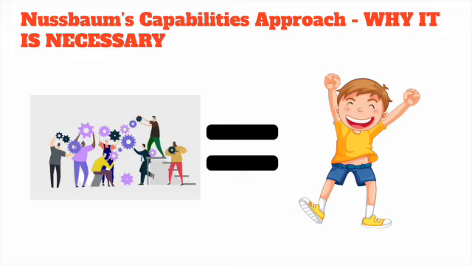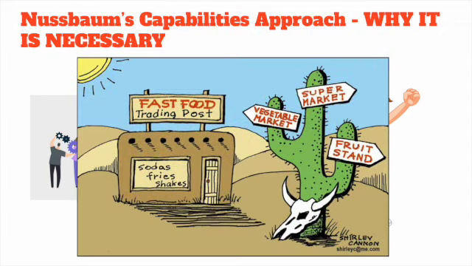Her approach is based on the idea of functionings, which is beings and doings, aka what you're able to be, what you're able to do, what are you capable of, which translates into capabilities. These are the possible combinations of being and doings. To put this into context, for example, you might have the functioning of money because you work a job and you have purchasing power. However, you might live in a food desert, which means that it's difficult to access farms or grocery stores. So it's difficult for you to get food that provides you high quality nutrients, which in turn harms your physical well-being and your dignity as a human.